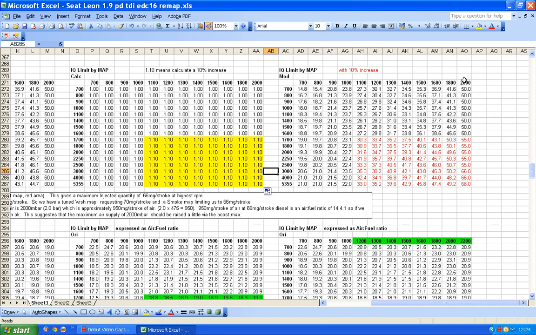So it would make sense to modify this a little bit further, either by making these values smaller or by increasing the amount of available air. And increasing the amount of available air means increasing the air pressure, and increasing the air pressure obviously means increasing the boost. So before I consider any further changes to this smoke map, I need to have a look at the boost map to see what possible changes would make sense on the boost map. So that's where I'll go next, so I'll stop here at the moment.